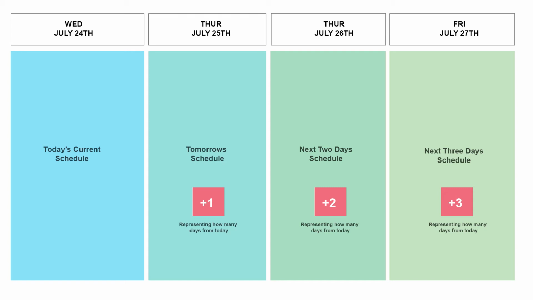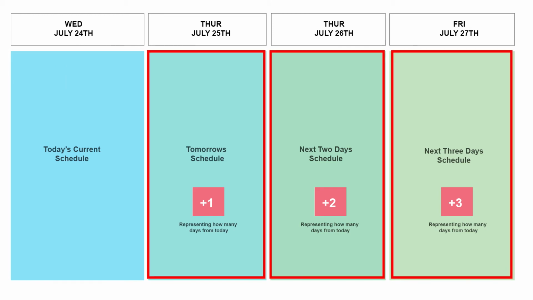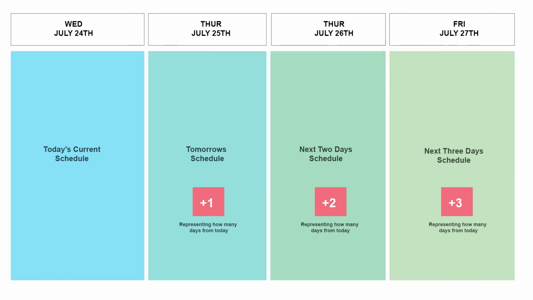Second scenario is, all right, well, I have today's schedule showing. As you can see, this is my one. This is always going to be changing to the next day or whatever the day is. Then you want these 3 schedules to communicate, but maybe like you're seeing here, maybe you want tomorrow's schedule, and then you want the next 2 days, and then you want the next 3 days. And so that's where this